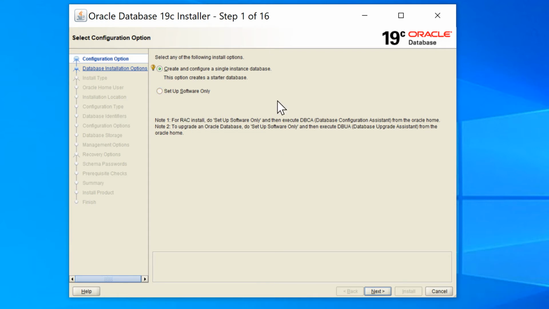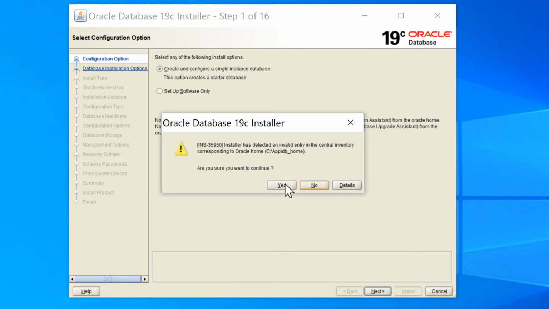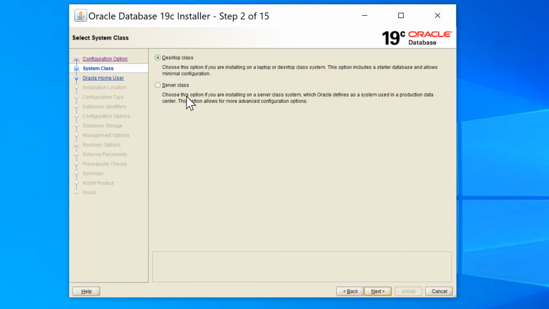So this is a 16-step installation wizard where you can select all your configurations. So first select create and configure a single instance database, or you have an option to set up software only. Click on next. Click on yes. Now select a desktop class or a server class.